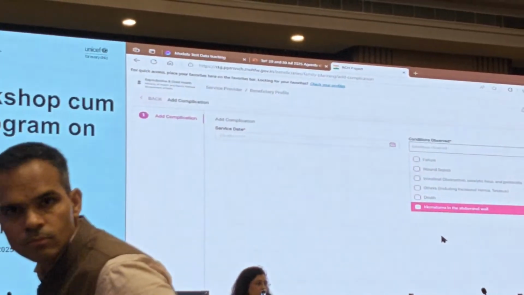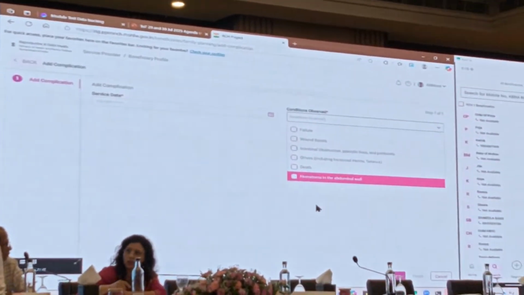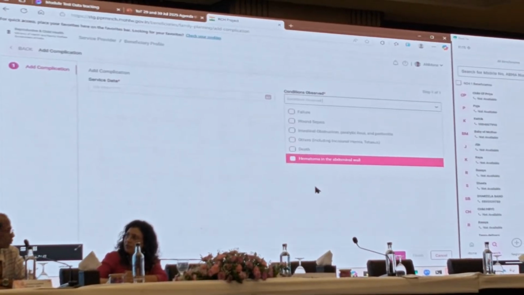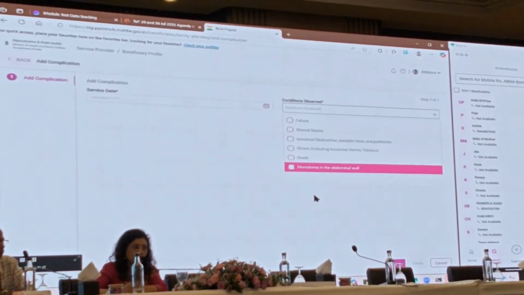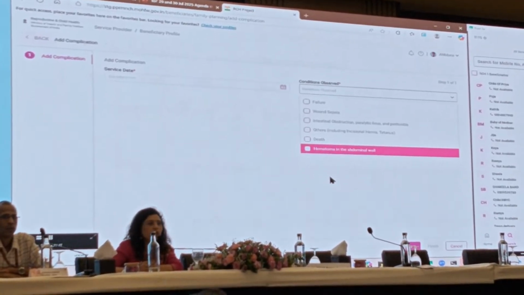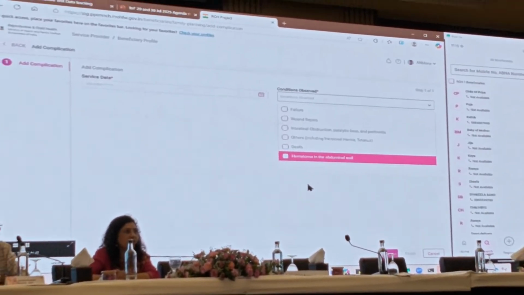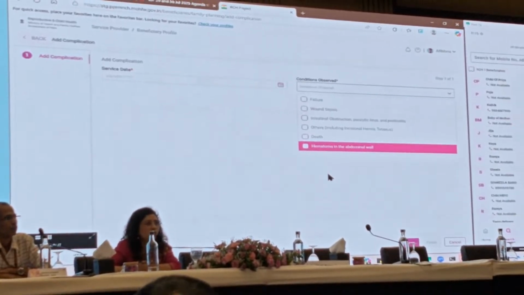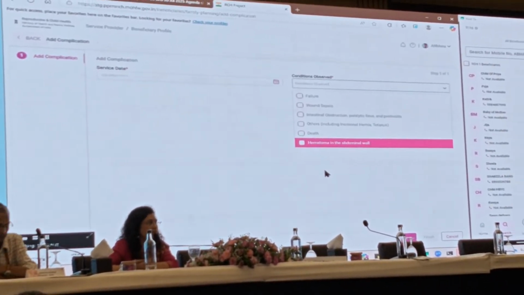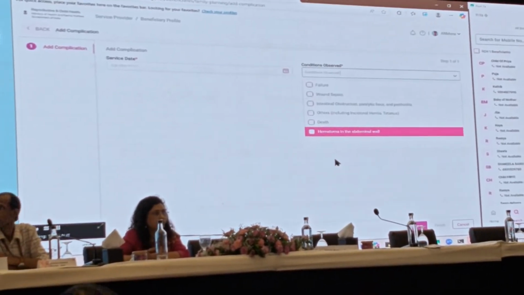In the referral module it is there, but then we have to go to a separate page. It is a little complicated. Once you finish the referral module, then you can give the feedback. Sir, in temporary method,